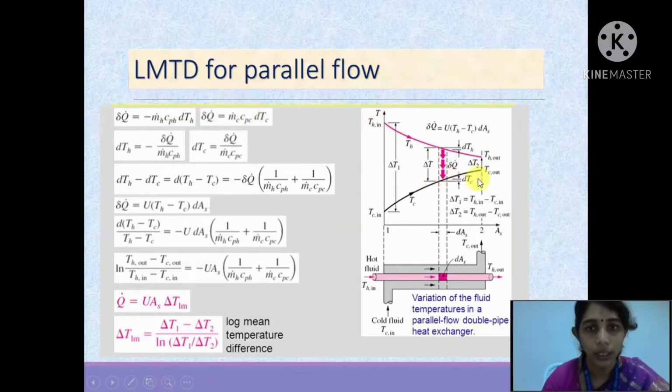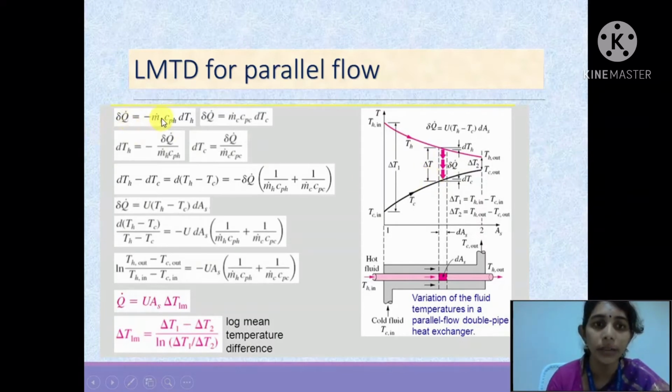Okay, now all conditions are known to us. The only thing we have to find out is the specified heat transfer and which type of heat exchanger is suitable. Now Q equals m Cp delta T. Applying this formula for a small cross section of area dA, I am taking a small cross section. So this will be a dQ dot. The temperature difference at the hot end will be dT_H. The temperature difference at the cold end will be dT_C. So the net temperature difference will be a delta T. So this is going to be your delta T, that is the log mean temperature difference, LMTD.